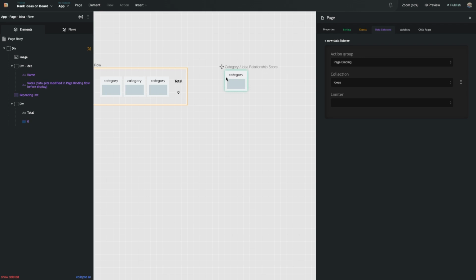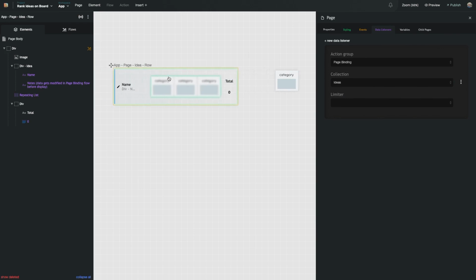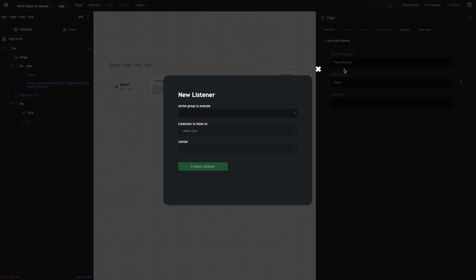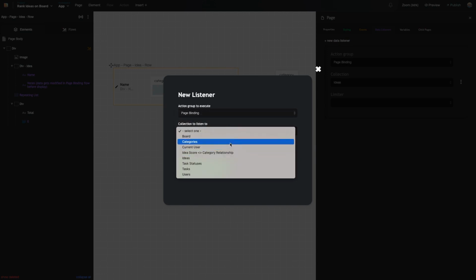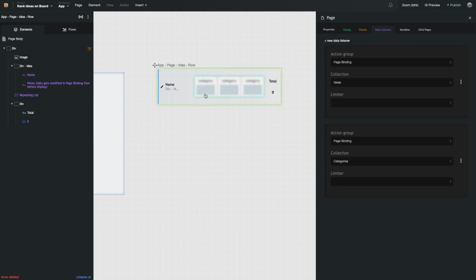I also want a couple of things to happen. I want this page to actually listen to a few things because I might end up reordering these categories potentially. So I want to add another data listener. And whenever I change categories, I want to edit it. It's important to know again as well that our data listeners, or rather this page binding, is where we're setting in data. So you can run actually any flow that you want with page binding, or rather with the data listener. So when the data changes in the collection that I've keyed in and it's data that's related to the page I'm looking at,